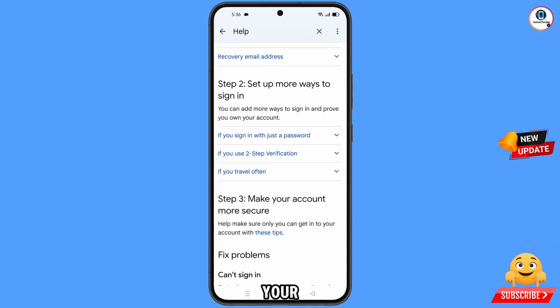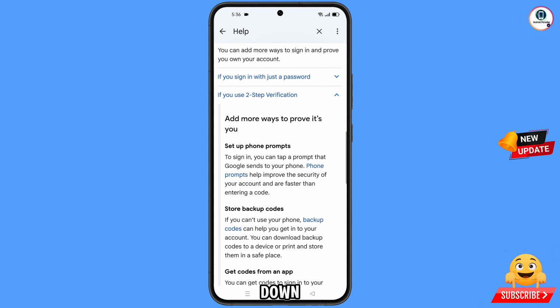If you have created your Gmail account with just a password, you have to select the first option. Second option, if you use two-step verification. So if you have set up two-step verification on your Gmail account, you have to select the second option. Scroll down